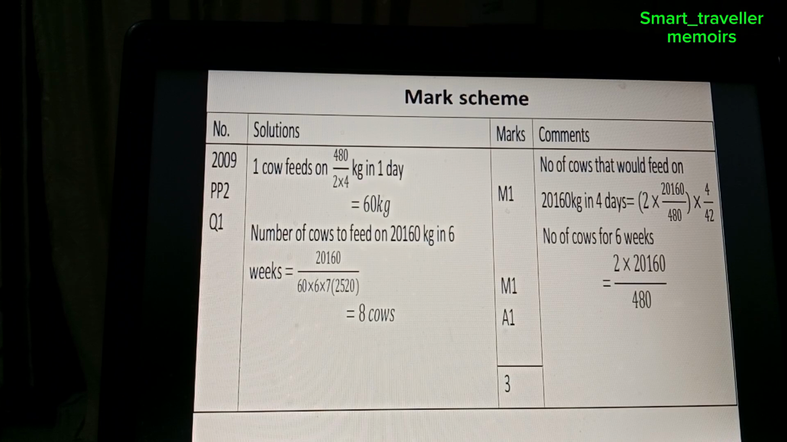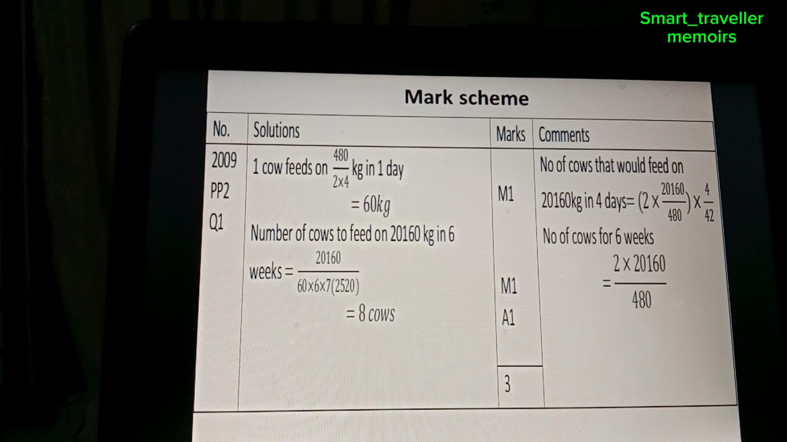6 weeks, 7 days times the kg per day, and so you multiply that and you divide, and 8 cows is the answer. Now, if you look at the comment on the number of cows that would feed on that,